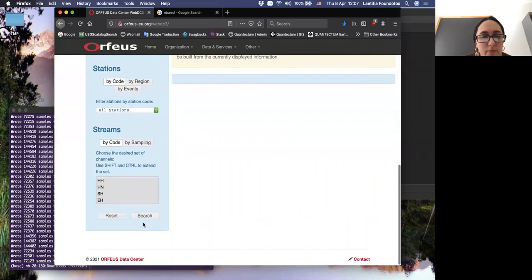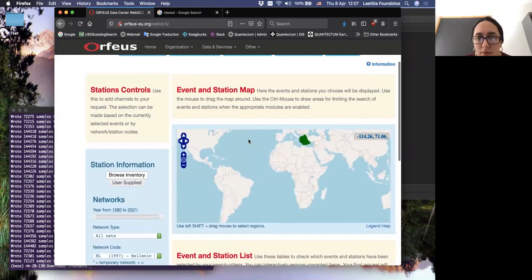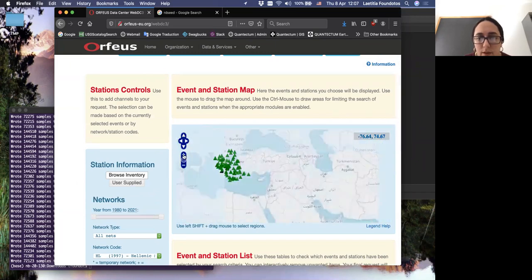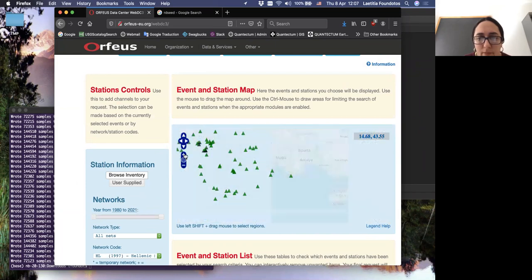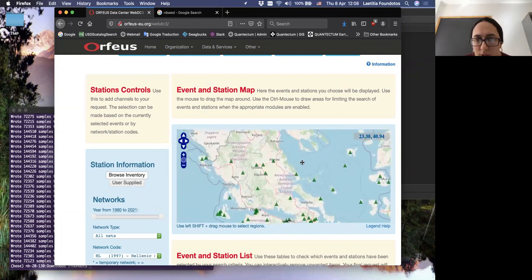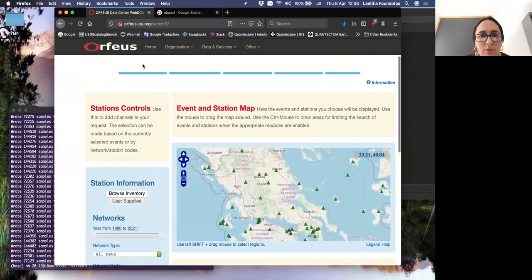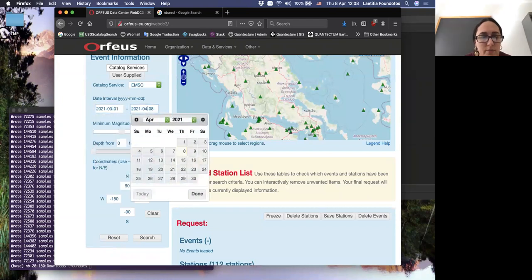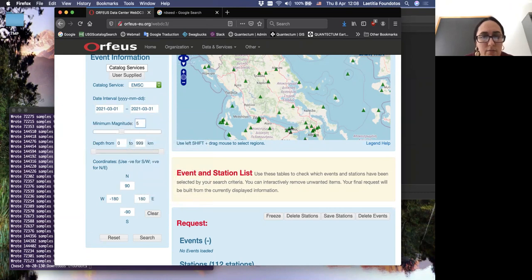Okay, let's go on the map. Let me zoom on it. Maybe we can search for one station that could be close to the event. Sorry, it had erased all, but let me just search for the earthquake again.